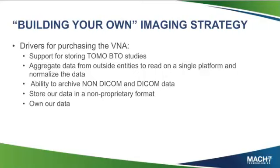It was very important to us to be able to store our data in a non-proprietary format. We are going to be going through a large migration, and we wanted to be able to do that migration once and not have to pay for it ever again. So we're hoping that will solve our problem with a lot of image storage issues with SOP classes and proprietary formats, and being able to store some scanned documents,